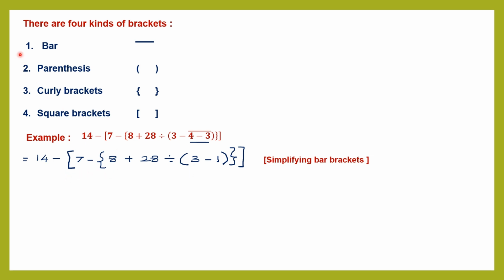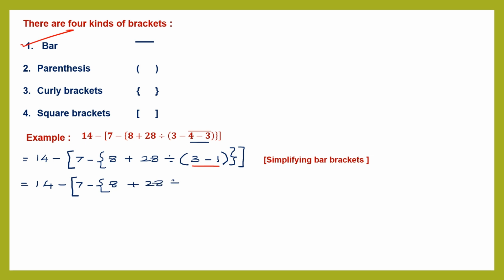Let's go back to the order. We finished with the bar bracket. Now we have the parenthesis. We have to remove the parenthesis, the brackets like this. So here we have the parenthesis. We have to work out what is inside the parenthesis, that is 3 minus 1. So let's continue. So we write this as it is, 14 minus square bracket 7 minus curly bracket 8 plus